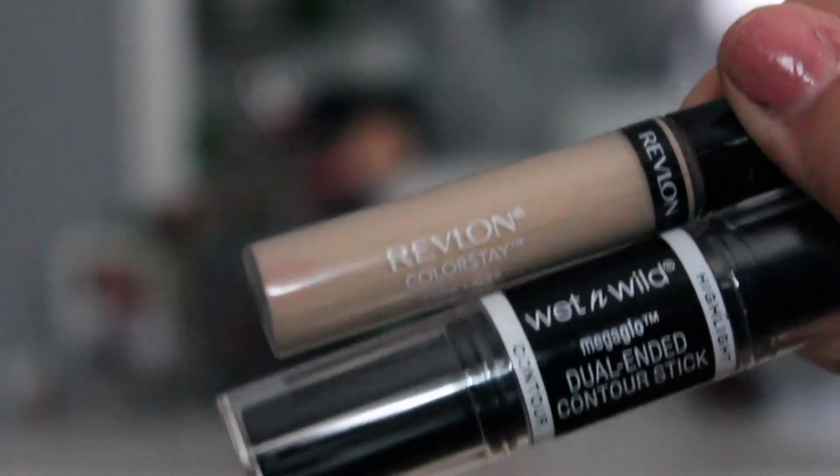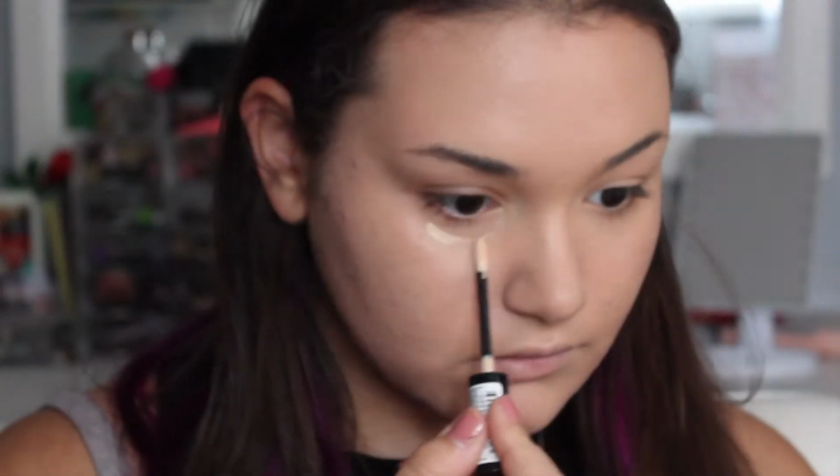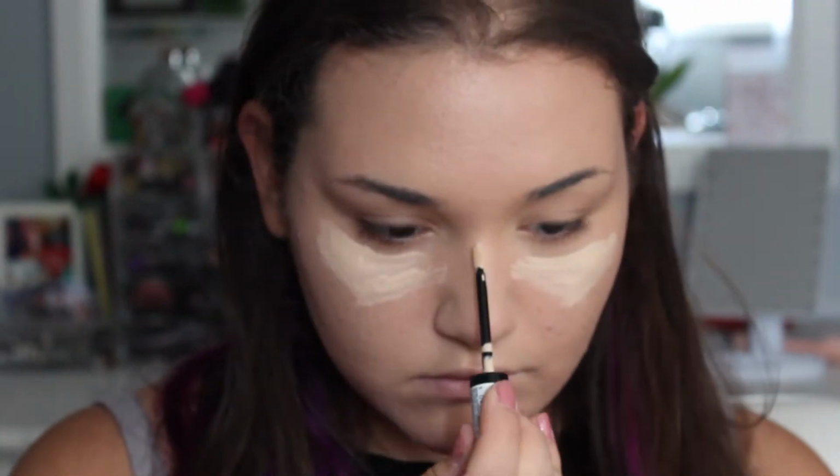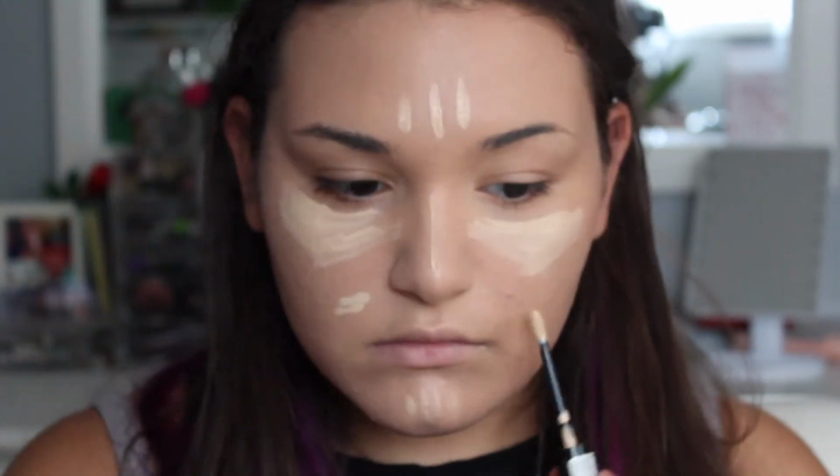After that, I wanted to conceal and contour my face a little bit, and for my concealer, I used the Revlon Colorstay Concealer in the color 02, which is light, and I applied that as little triangles under my eyes, also on the bridge of my nose, on my chin, and also on my forehead. And I also applied it on any of my little blemishes that I wanted a little bit